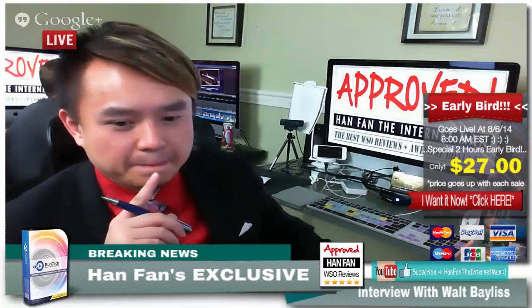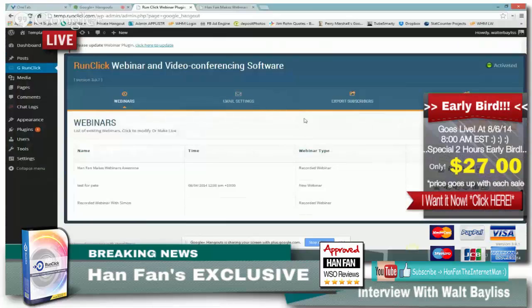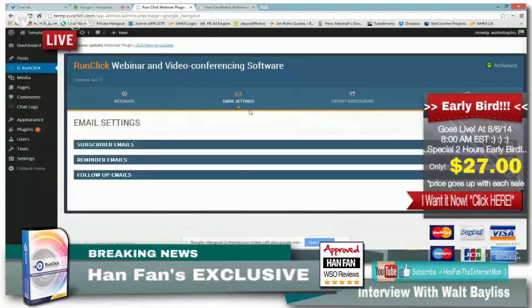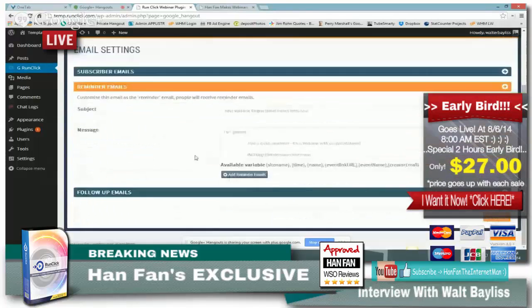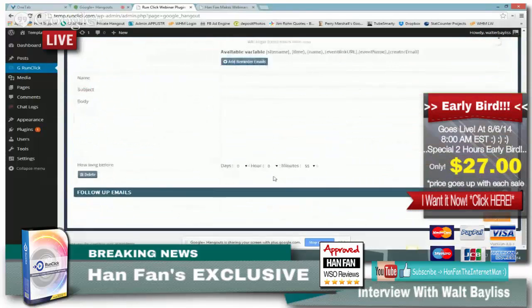Okay, so inside of the one-click system, we've got these email settings, which are the automatic follow-ups and reminders. So I've got this webinar, and I can have reminder emails, and I can set these to go at a specific time. So maybe I want a reminder email one day, 24 hours before the event. So I can set, the name is the 24-hour email. Don't forget your webinar.